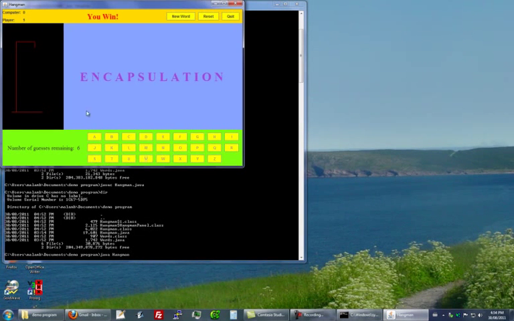I need an S. There we go, and I won. And just for fun, let's see what happens if I'm stupid about this. We have a whole hangman over there, and I lost. So the computer won one, I've won one, and now we can quit. So that was a very nice